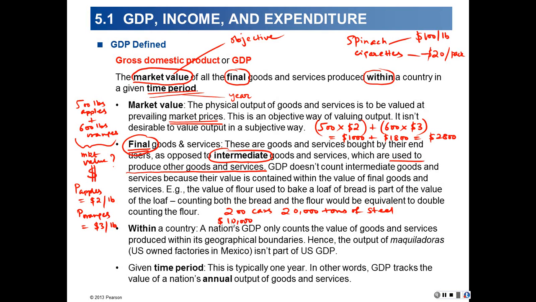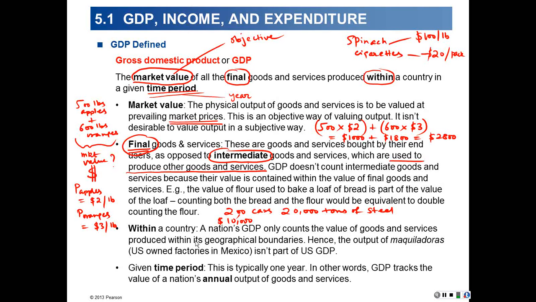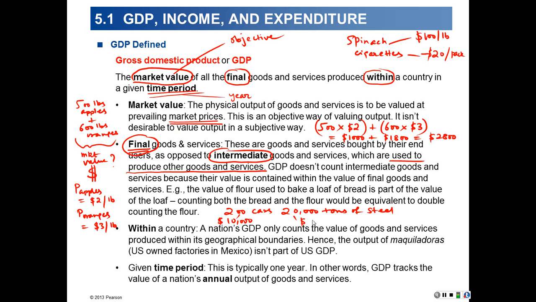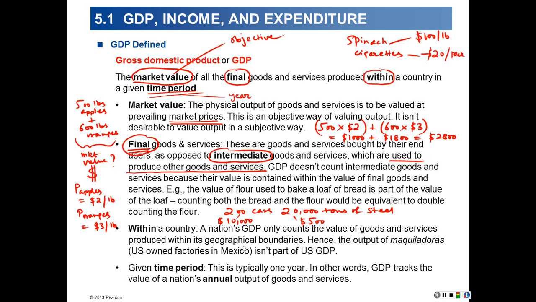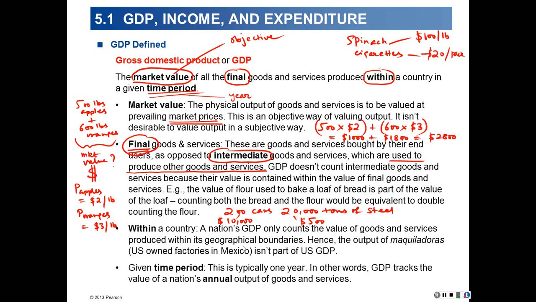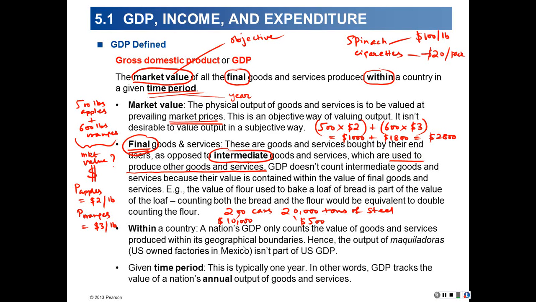That's the price of a car. And the price of a ton of steel is, let's say, $500, right? Now, if we simply figured out the value of the cars and added to this the market value of the steel, we might be making a mistake because some of this steel is actually being used to make the cars,